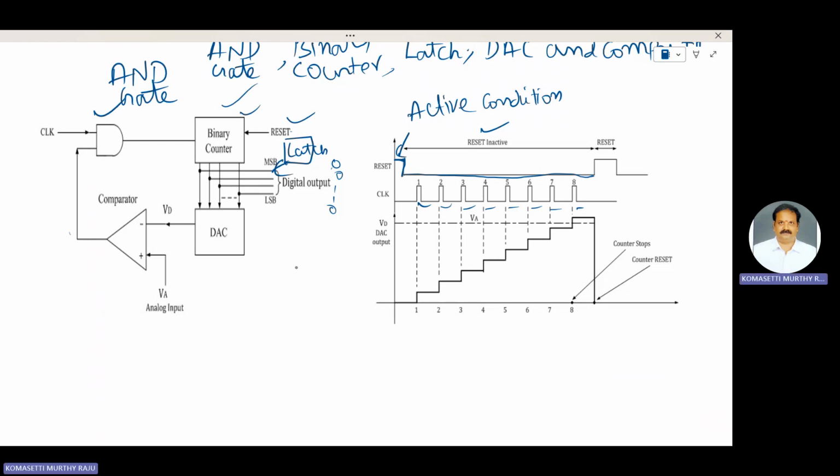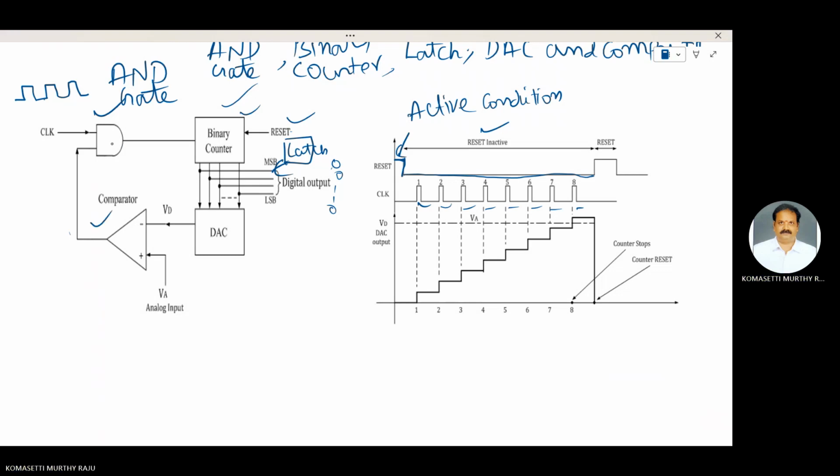Initially, the counter is reset to 0 count by the reset pulse, that means the reset pulse is in active condition. Upon the release of reset, the clock pulses are counted by the binary counter. These clock pulses are applied to one input of the AND gate, and go through the AND gate, which is enabled by the